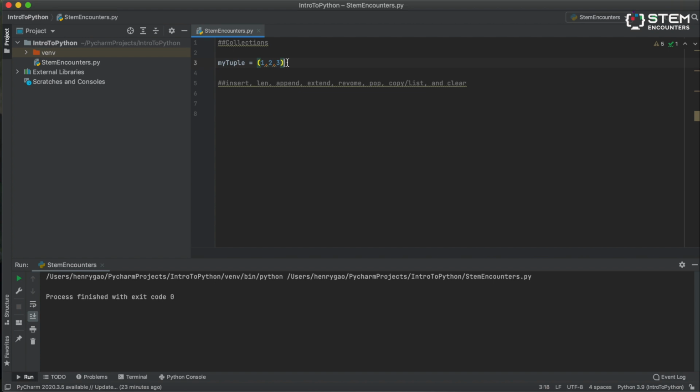The next collection is a set. These are just lists, but they're unordered and unindexed. I'm not entirely sure why you would ever want to use these, but they're there if you need them for some reason. To declare these, just do what you would normally do with lists, but replace the brackets with curly brackets. So just do this